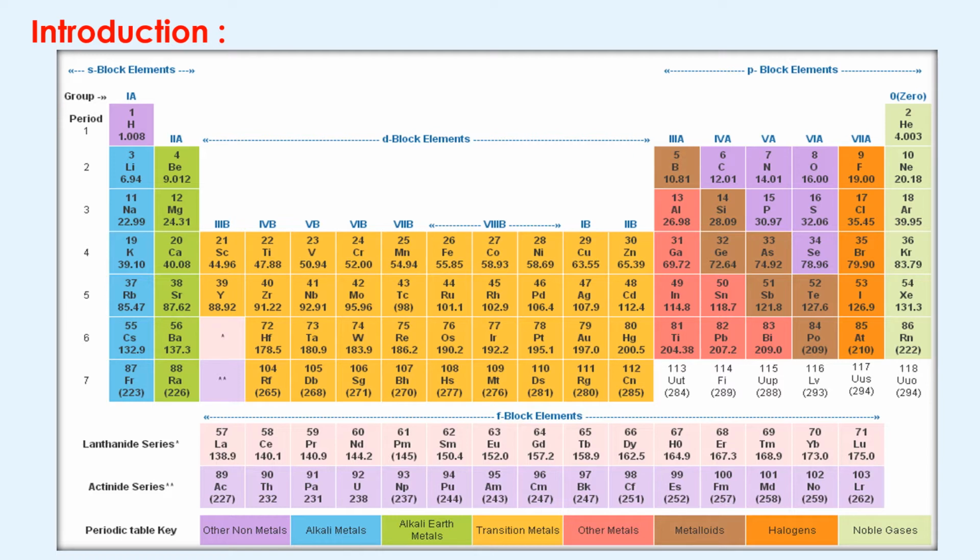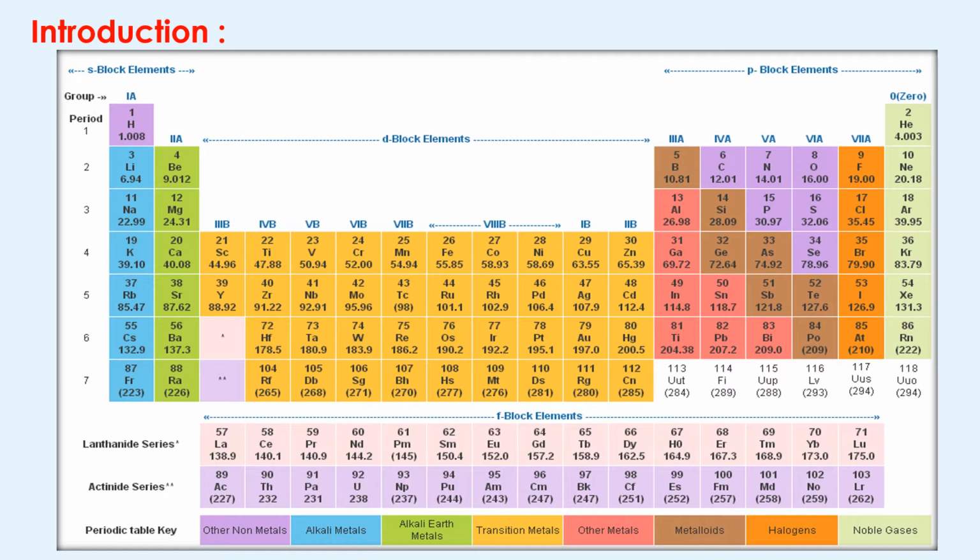In that, first of all, we saw how many transition series there are in the periodic table. The transition elements are placed between the s block elements and p block elements. So transition elements are nothing but d block elements, meaning their last electron or valence electron enters the n-1 d orbital. They are placed in the periodic table from group 3 to 12 and in periods